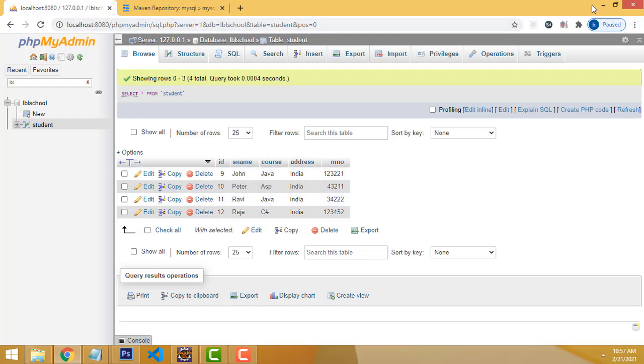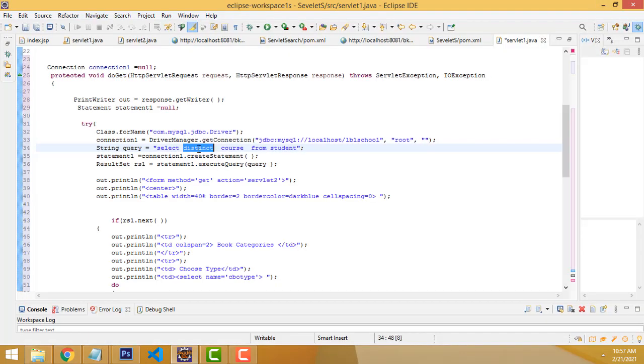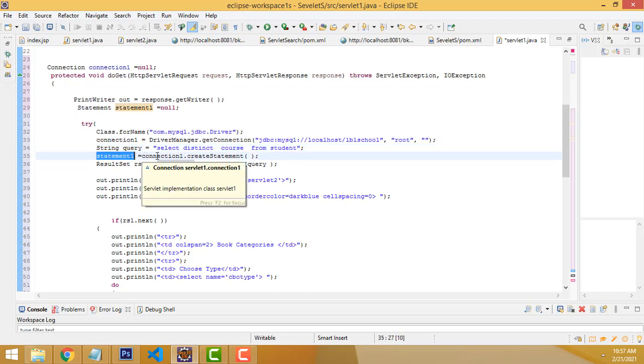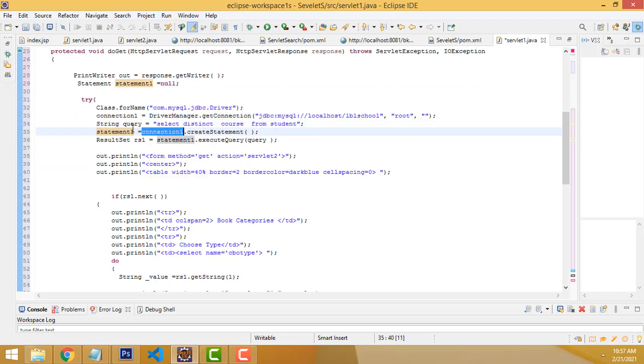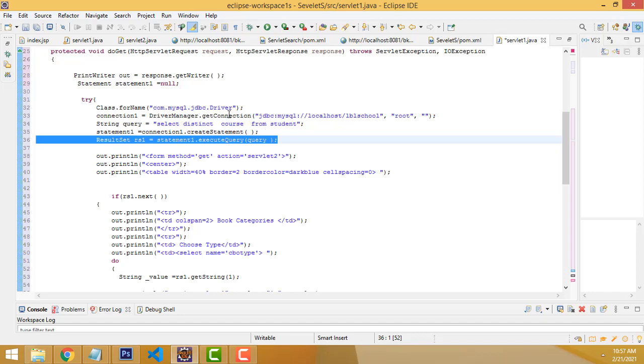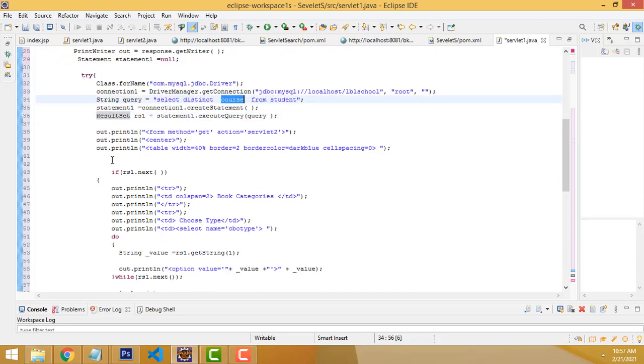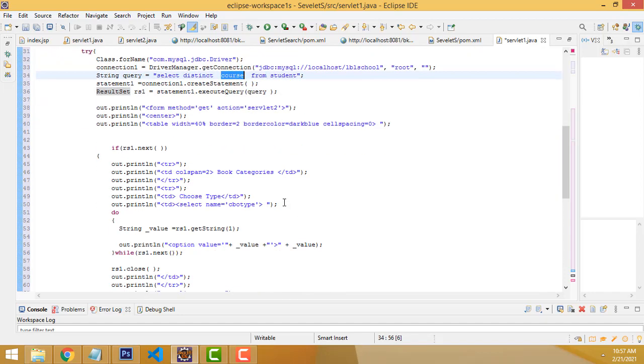So we have to use the distinct keyword: select distinct course from student table. After that, we have to set up the statement with the database connection and create the statement. Now we have to create the ResultSet class and execute the code. We have to select all the courses. After that, we have to put them into the drop down.